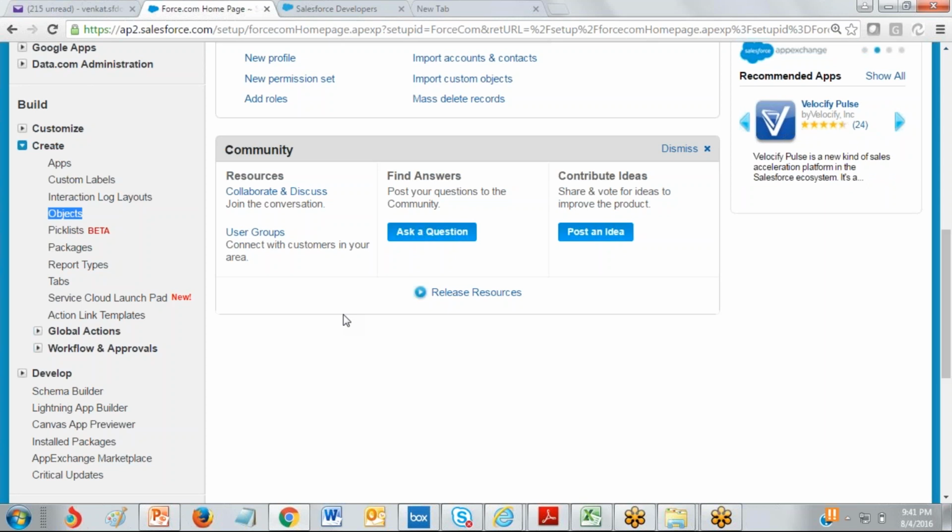Okay, so from a navigation point of view, for creating an object, what is an object here? An object is nothing but a database table in Salesforce. If you want to build any new application, first you have to be ready with the database, right? So as I said, I'm going to create this application for one of the laptop dealers.